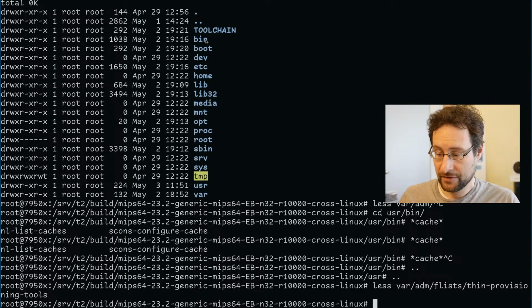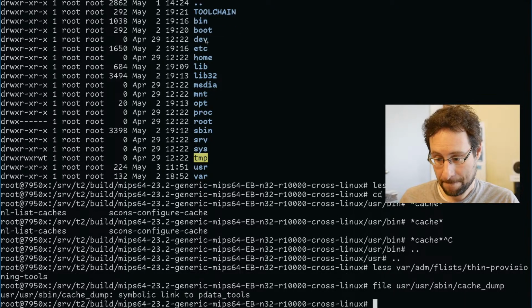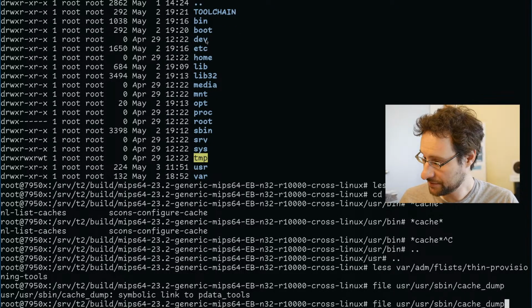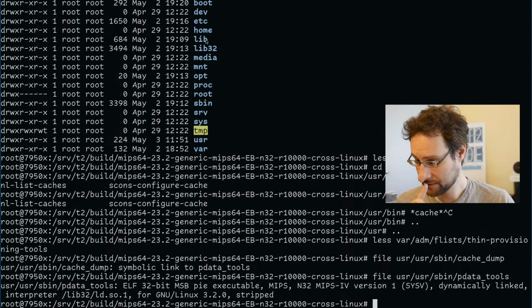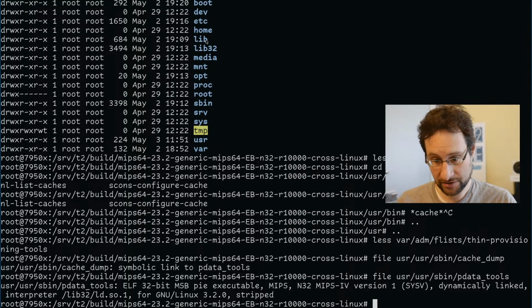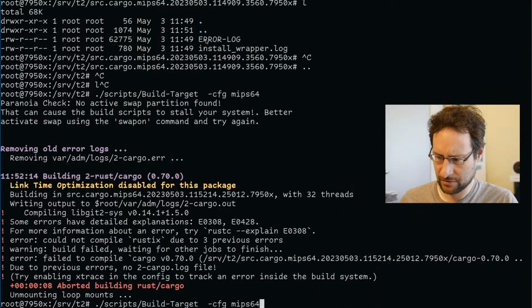Good that we checked that. pdata tools. N32 MIPS-IV version 1 SYSV, dynamically linked, interpreter /lib32/ld.so, Linux 32, stripped. Okay, but Cargo still fails.